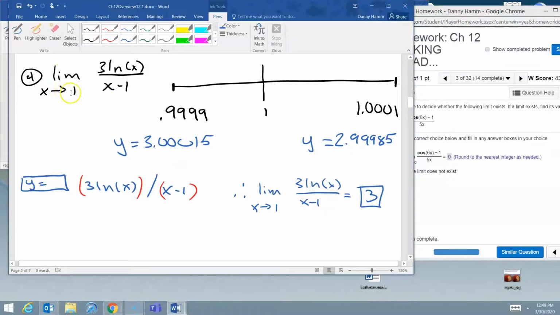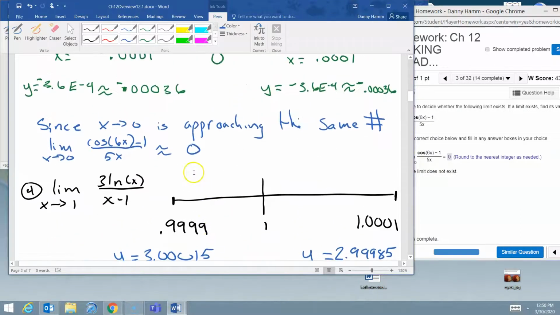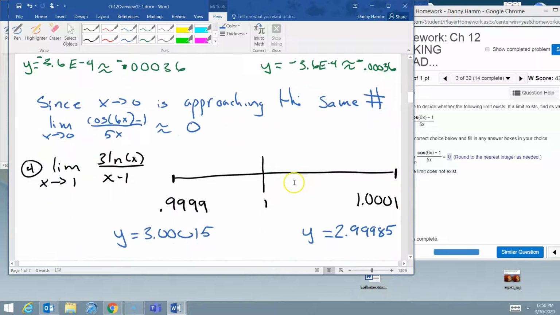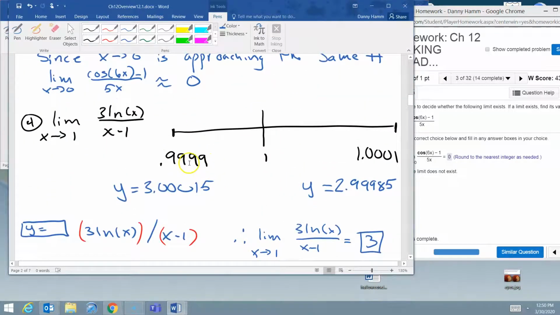The limit as x is approaching 1 of 3 times the natural log divided by the quantity x minus 1. Make sure you're diligent with your parentheses as you put that function in. You'll still go through the same process to evaluate: second, trace for calculate, 1 for value, and then the values I chose. Once again, these values can be changed to whatever you'd like. I went out to 4 decimal places to make it a little more accurate. Since we're approaching 1, I have 0.9999, and on the right side of 1, I have